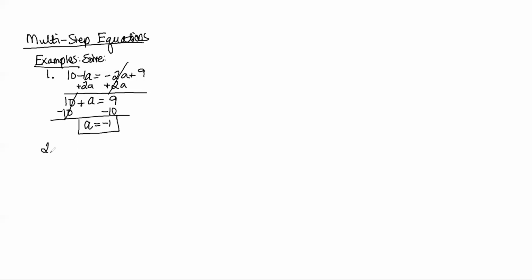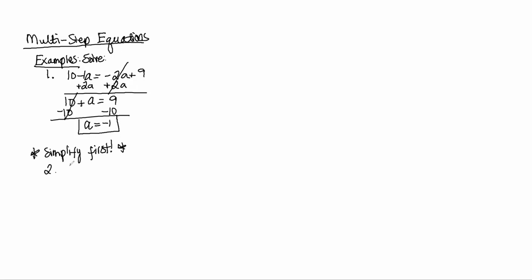All right, number 2. And let me make a quick note here before we start number 2. Before you start moving all the terms around, you always want to make sure that everything is simplified first. The reason for this is that it's going to make solving a little bit faster, because if you have 7 or 8 terms on each side, you're going to be moving things around a lot. So we want to get it down to as few terms as possible. So number 2,